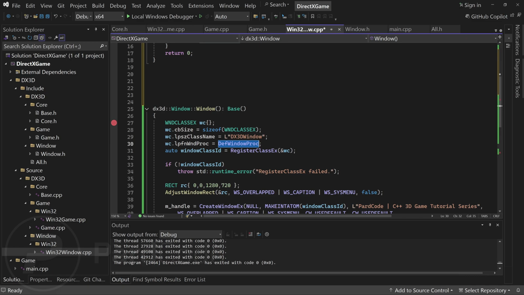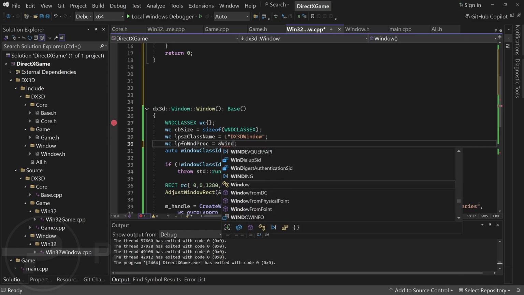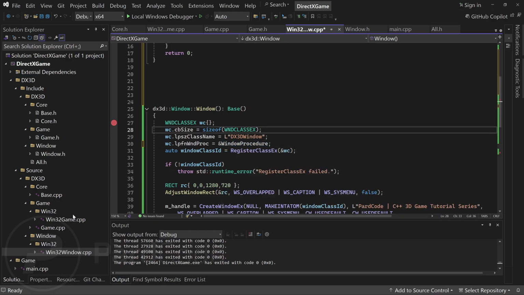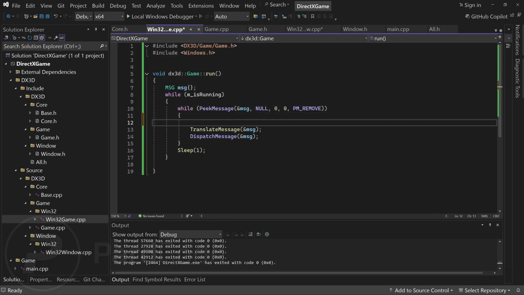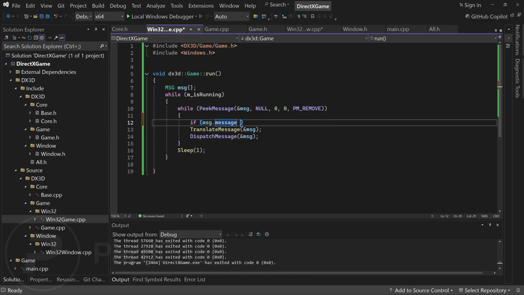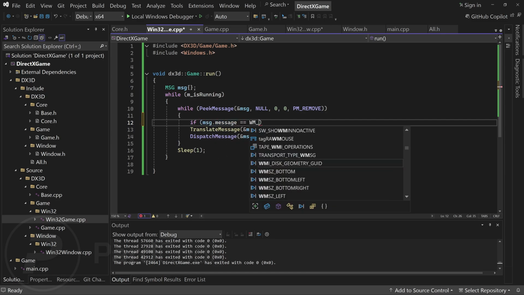Last but not least, let's remember to pass the address of our custom window procedure function to the window class structure. What is left to do? We need to handle the quit message added to the queue. So let's go to the Win32 Game C++ file,